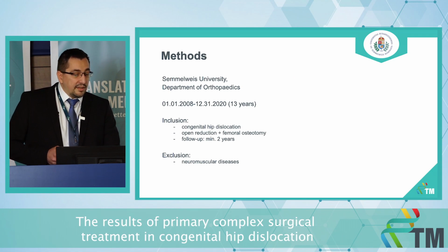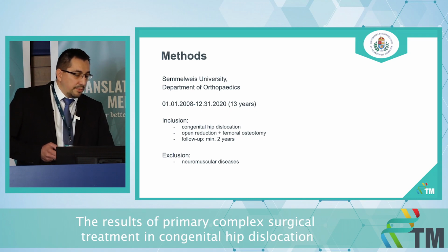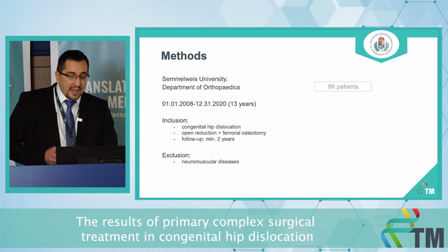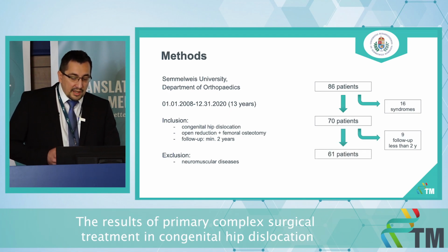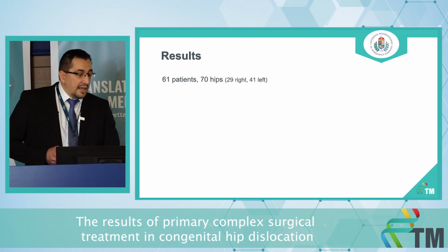We retrospectively reviewed our patients with congenital hip dislocation who had been treated at our institution between January 2008 and December 2020 with open reduction and femoral osteotomy with a minimum 2 years follow-up. We excluded patients with neuromuscular diseases. During this period, we treated 86 patients, and we excluded 16 patients with associated syndromes and 9 other patients with less than 2 years follow-up. In 61 patients, we performed 70 hip surgeries,